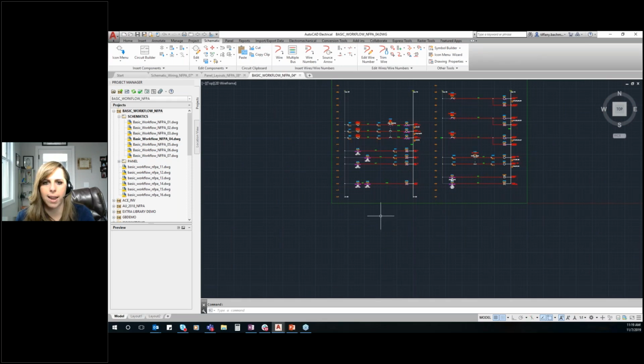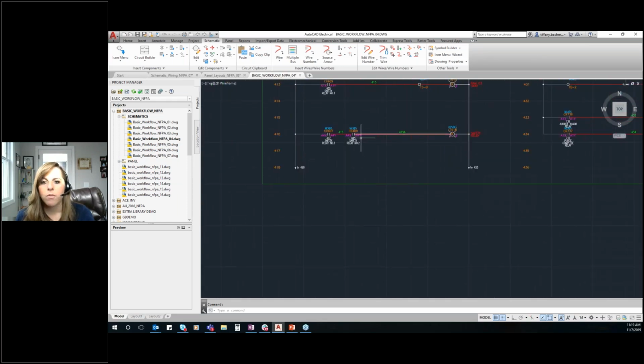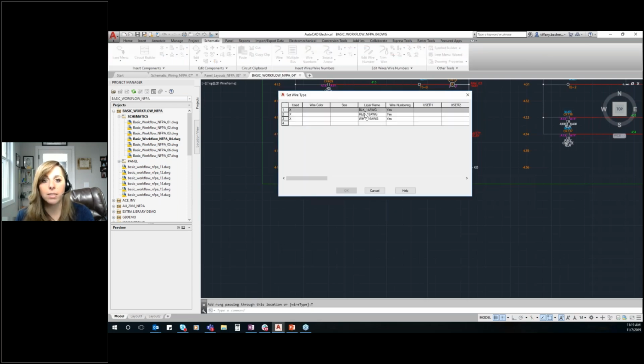Let's actually start adding some components in here. So first thing, I'm going to add a new rung here. Now I can go up to the add wire command, but that means I have to click from point to point to do that. Where we have extra commands that have things like add rung when you already have a ladder in. So if I do that and then you choose your wire types, so this is something you build